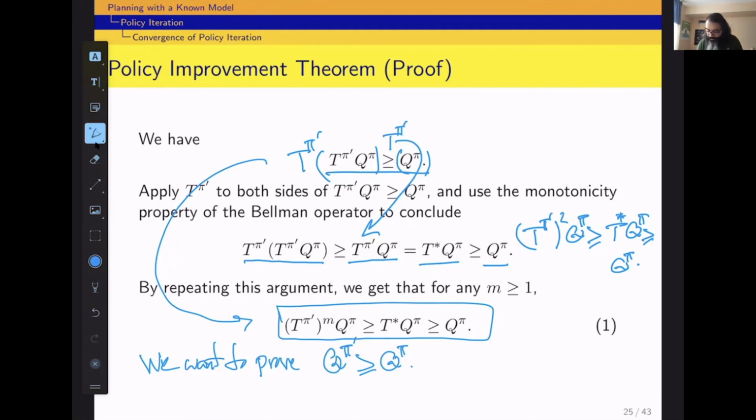So here, the idea is that I let m go to infinity, and then the left-hand side, T pi prime to the power of m of Q pi, should converge to Q pi prime. And why is that converging? So the claim we need to show would be the limit of m going to infinity of T pi prime of